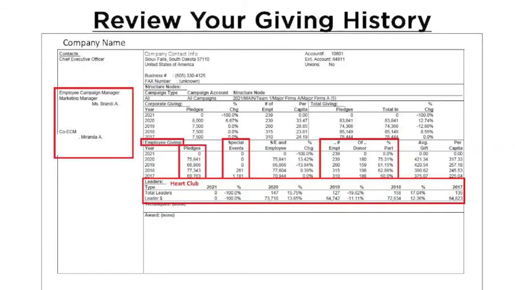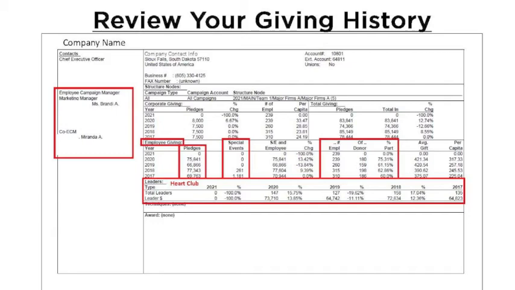We also have a number of employees and participation based on that number of employees. If you feel for some reason that the number of employees on your report is not accurate, just let us know and we can adjust that, because that will obviously affect your participation rate as well. So if for some reason that's not accurate, let us know and we can update that in our database as well. And then lower beneath that is a place for leaders. This report, leaders, is referring to Heart Club givers. So this tells you how many Heart Club givers you have at your company and the dollars that they raised. So leader dollar is the dollar amount that Heart Club givers raised for your campaign.